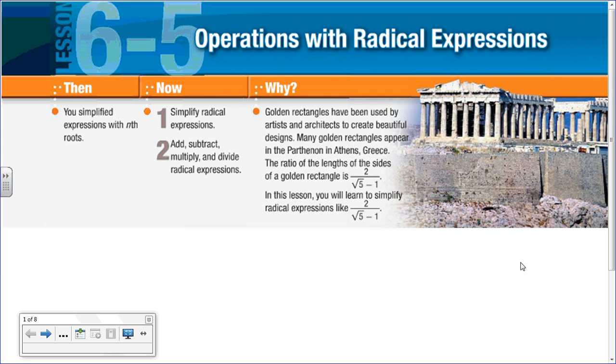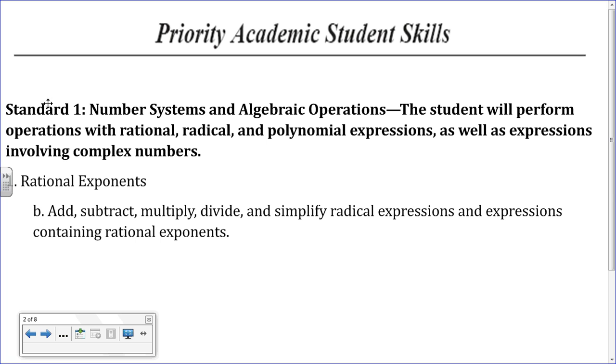Today's lesson is lesson 6.5a, as I like to call it. It's the first part. In today's lesson, you're simply going to simplify radical expressions, a continuation of what we did yesterday. This will all lead up to tomorrow's lesson, which is to add, subtract, multiply, and divide radical expressions. Now this all has to do with Pascal 1.1b, and you can see right here it says to simplify radical